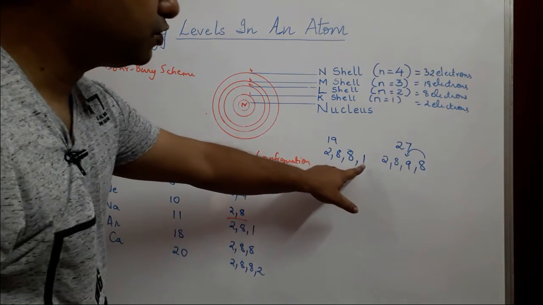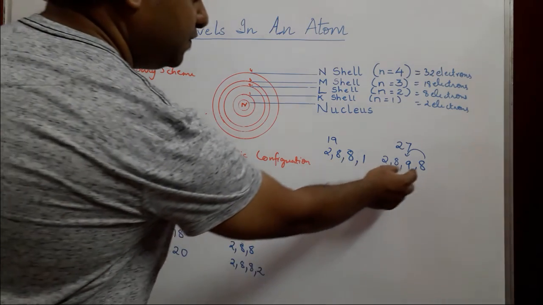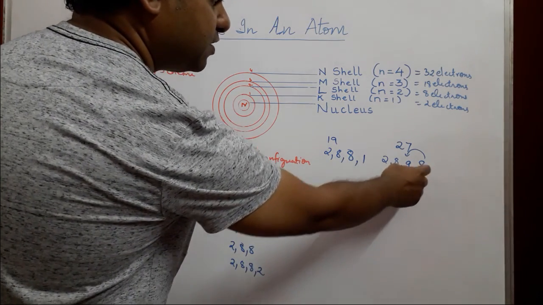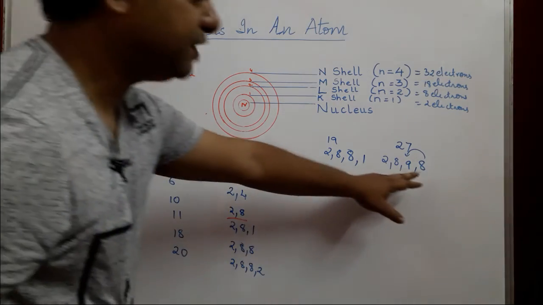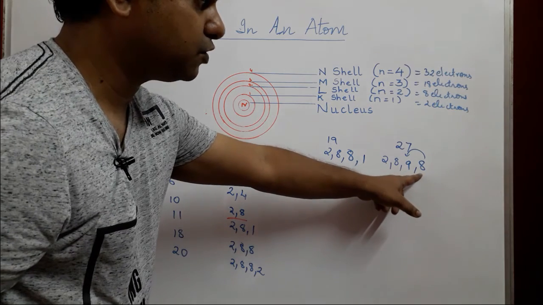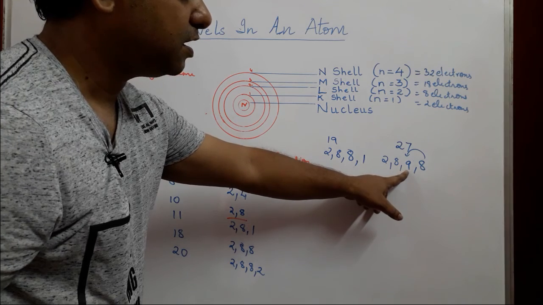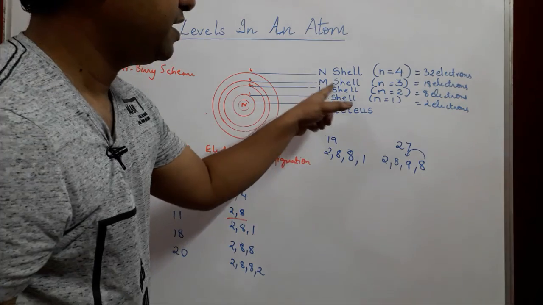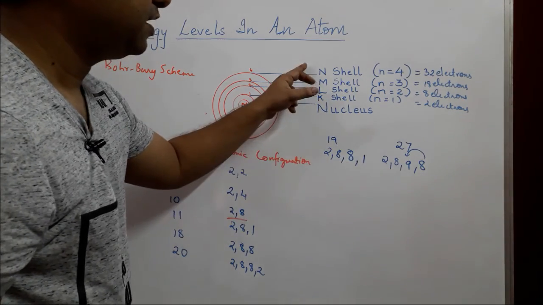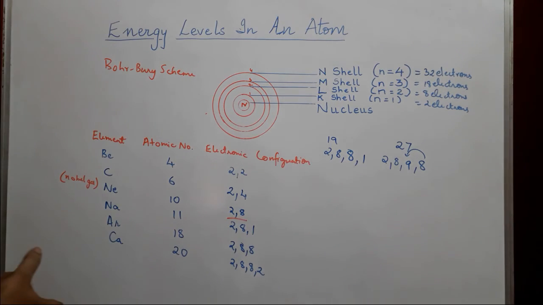Remember, we can't have more than 8 electrons in the outermost shell, and we need to then start filling up the third shell. If there are more electrons to be filled up in the outermost shell, first we begin by filling up the second last shell. In this case, it is the M shell that is filled up. Followed only once this is up to 18, the N shell will start or begin filling up.